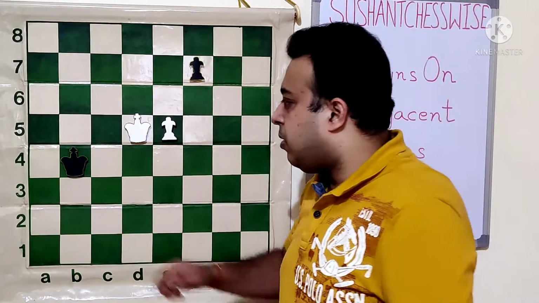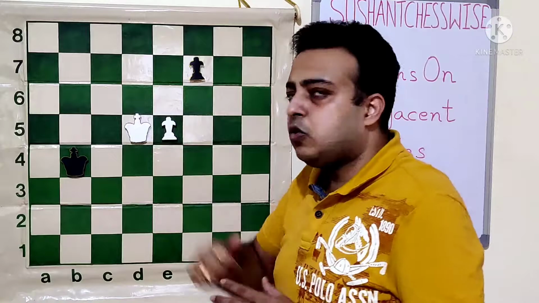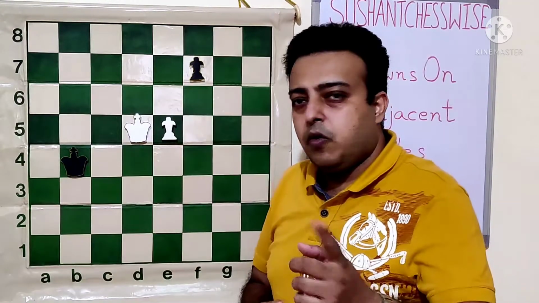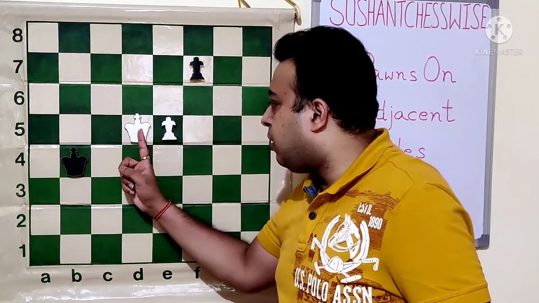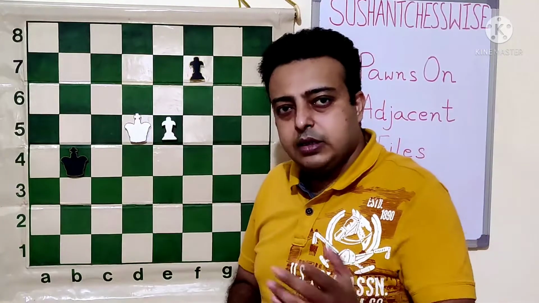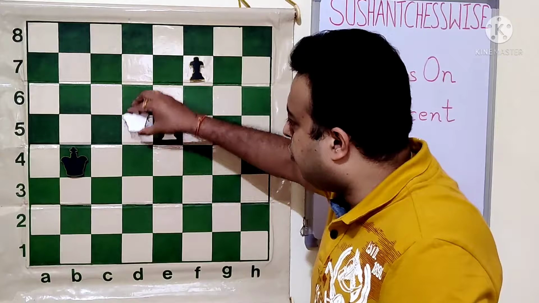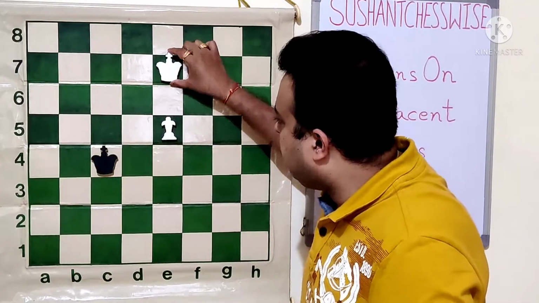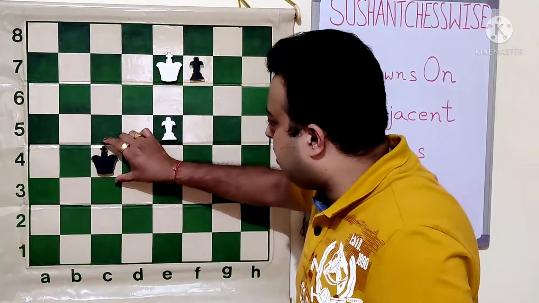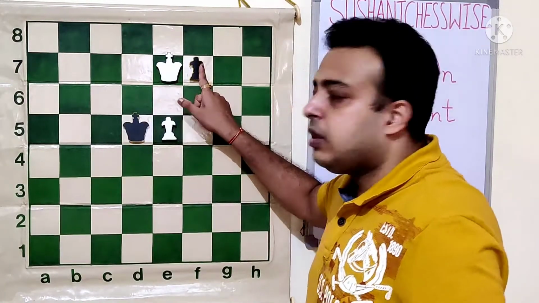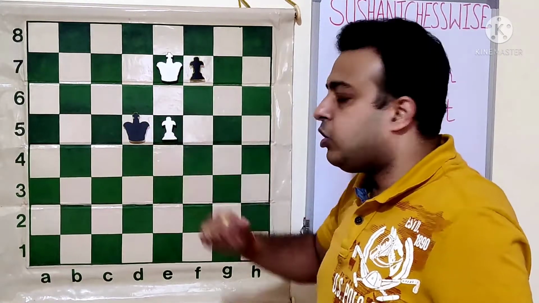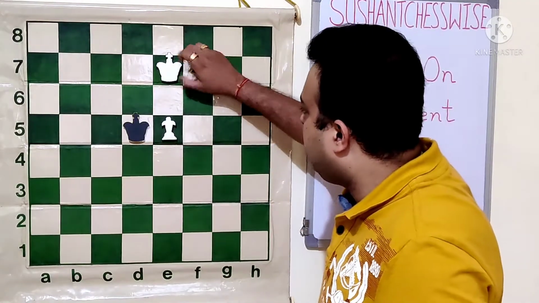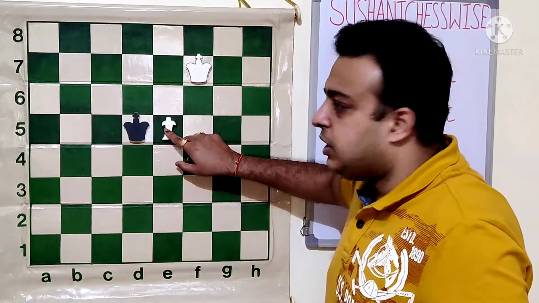Now what is happening? As we saw, the black is unable to hold his own pawn or support his own pawn. He wants to attack the white pawn when the white king is going to attack the black pawn. So after the move kd6, king c4, ke7, and just on time, when white king was attacking the black pawn, black king also attacks the white pawn. And now after king f7, ke5 is an easy draw.